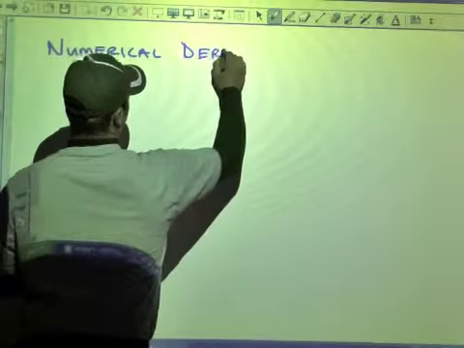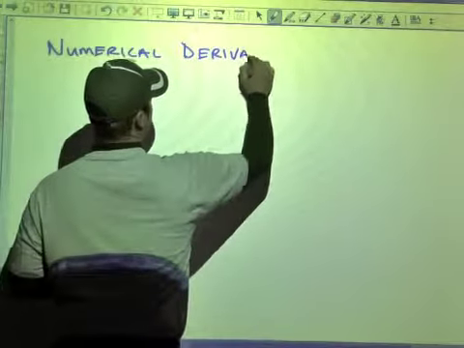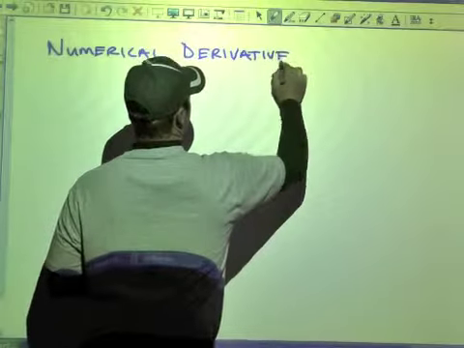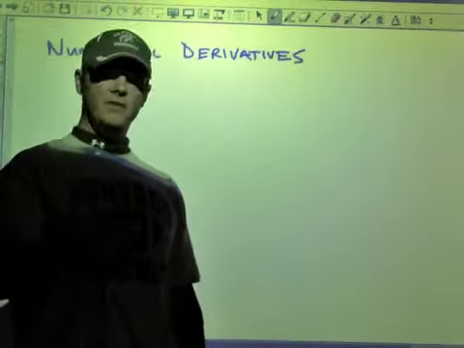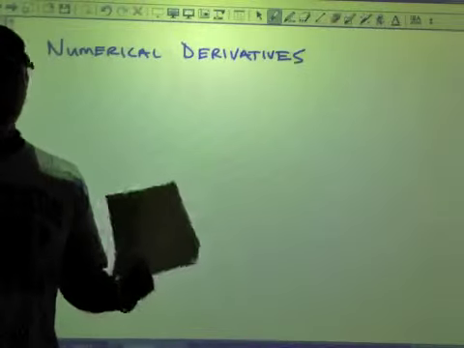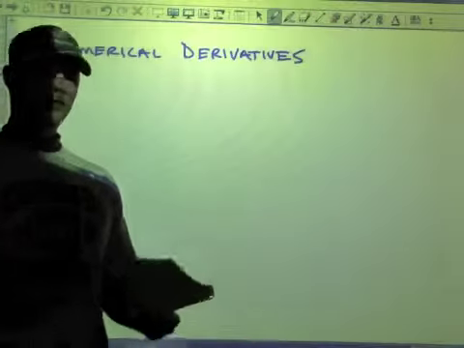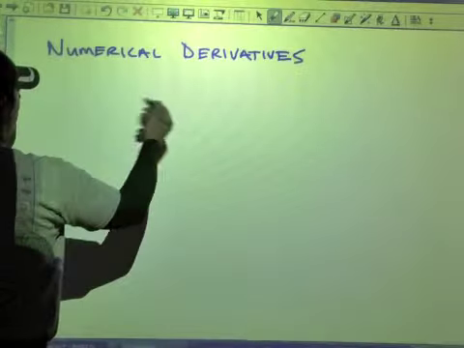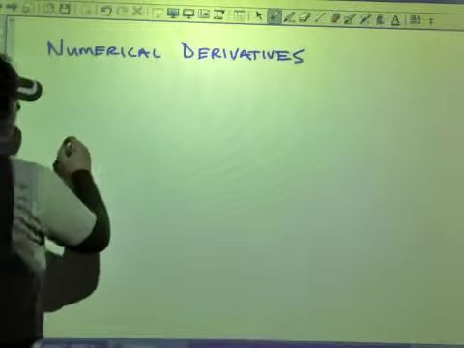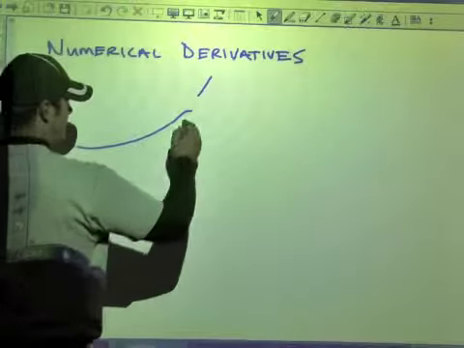We're finding numerical derivatives. Now we talked about how the definition for derivative came to be. It's basically a slope function where we take the limit as the 2 points come closer together. But one of the things that I know we discussed in class was that if I had a function,